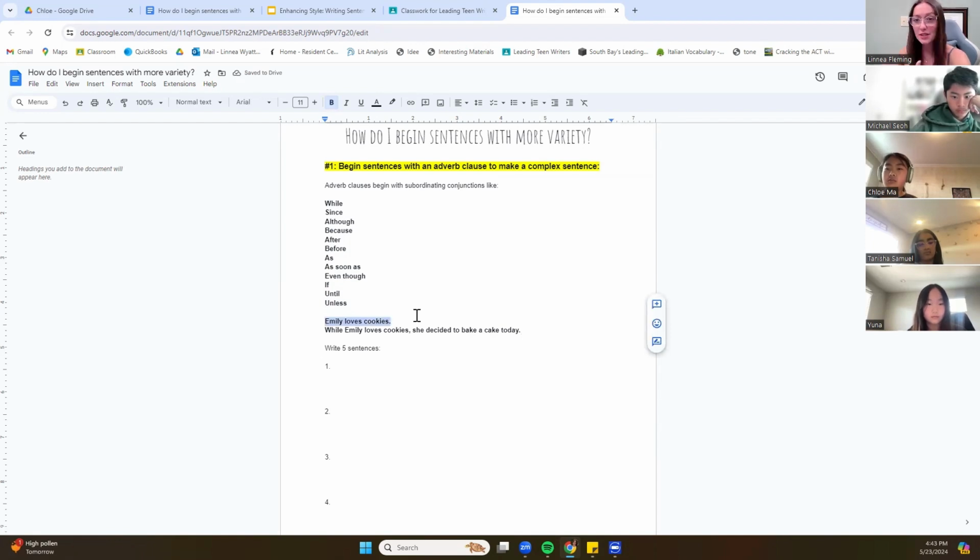Okay, so I just transformed this smaller, simple sentence that lacks a little bit of detail into a complex sentence that has two clauses, that adds more detail, and that even has a relationship between the two clauses. One is the cause or the effect of the other. And when you have these complex relationships, your writing becomes more complex as well.